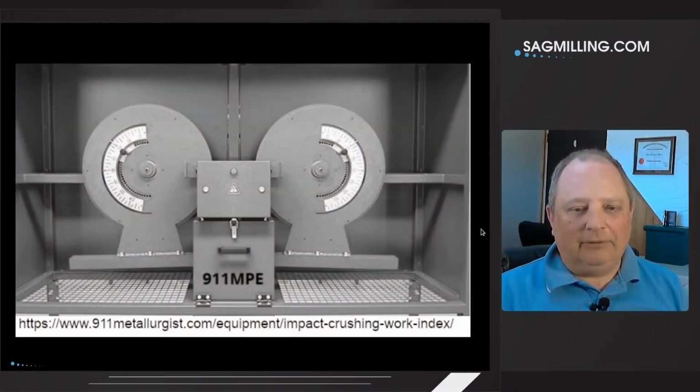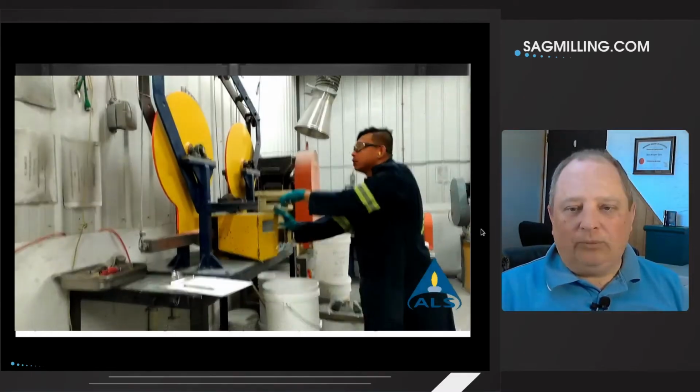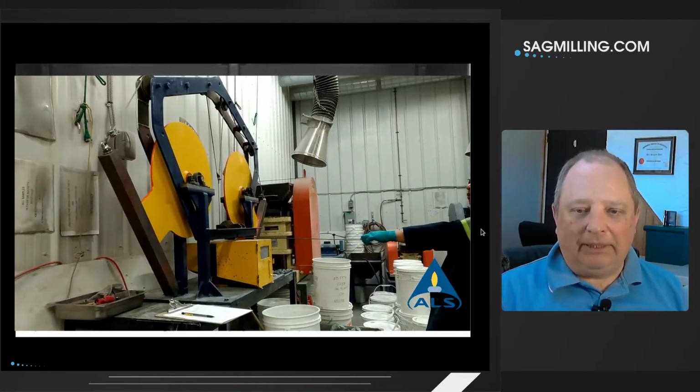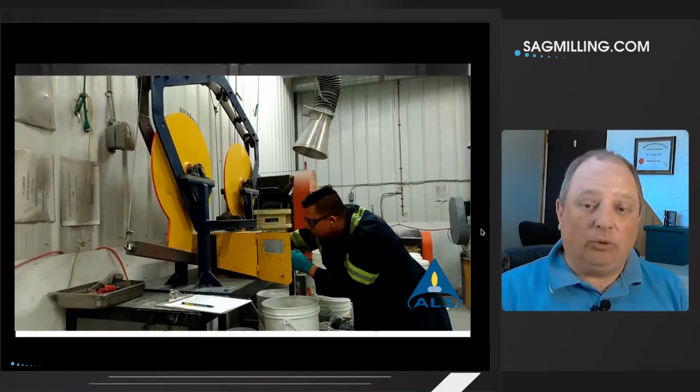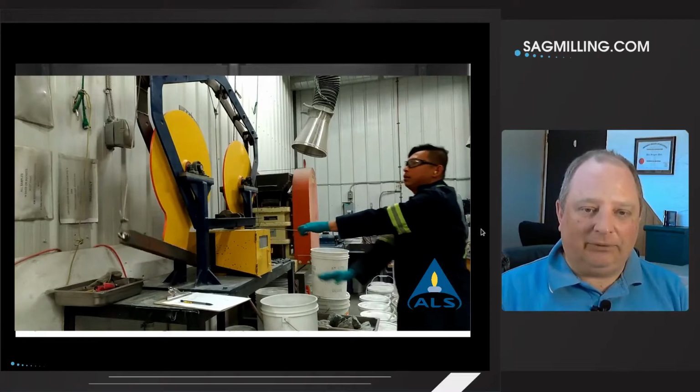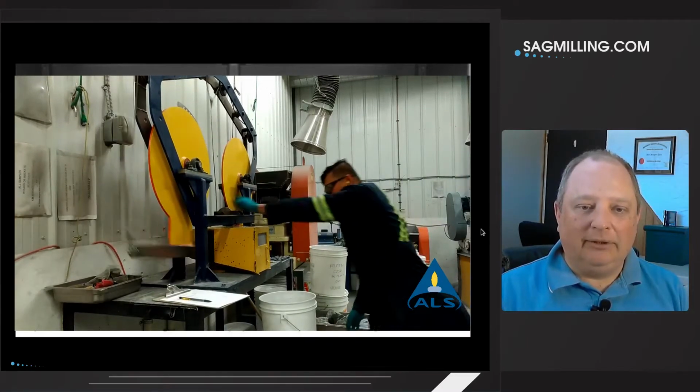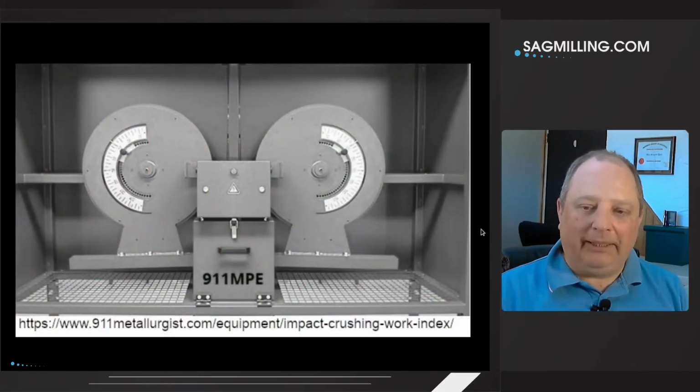Here's an example of a laboratory test rig that's used in what's called the Bond Low Energy Crushing Work Index test. This is one of the machines that can give you a number that will be used in models to represent, for example, that coarse size where you've got fracture-dominated breakage or separating brecciated particles out of the matrix of the rock. This is one of the few tests that operates in this size class and is generally used in